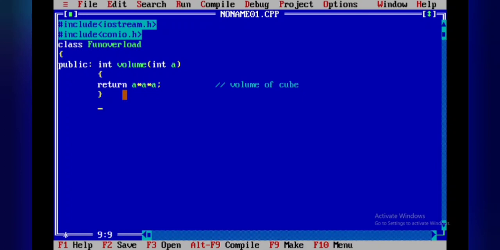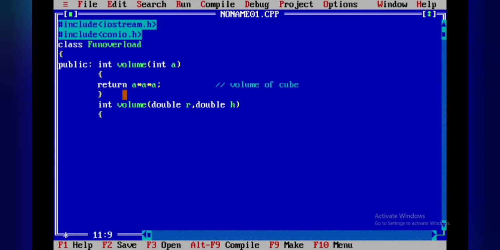So I am going to define another function volume of, with data type double R comma double H. Okay.